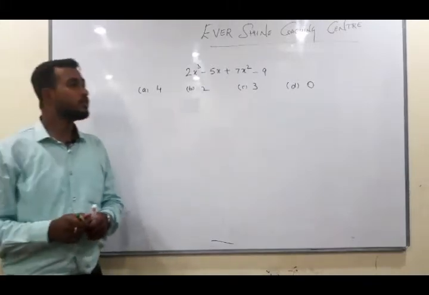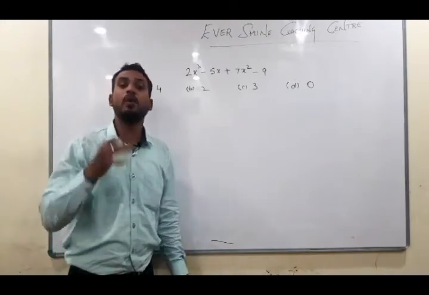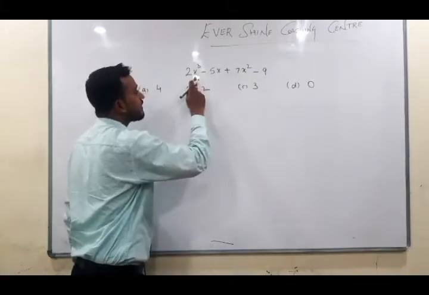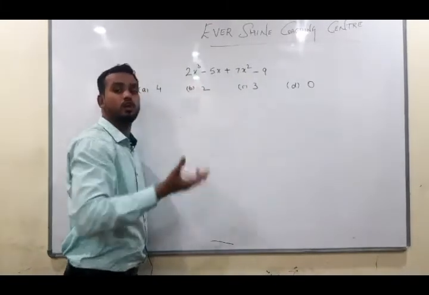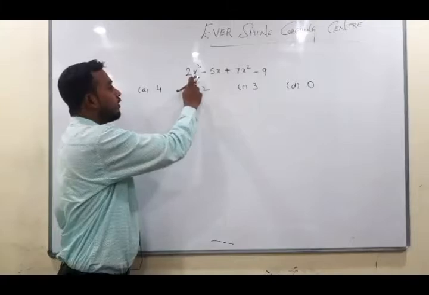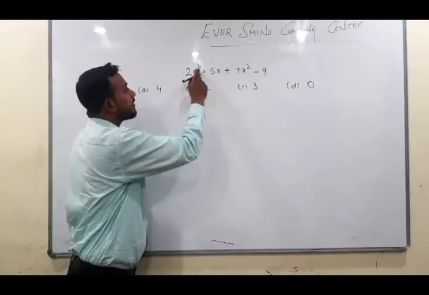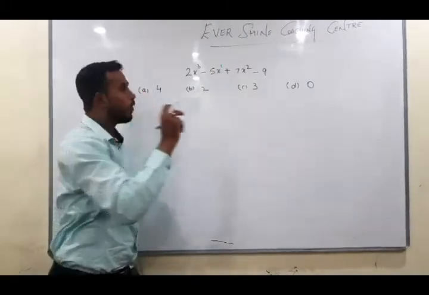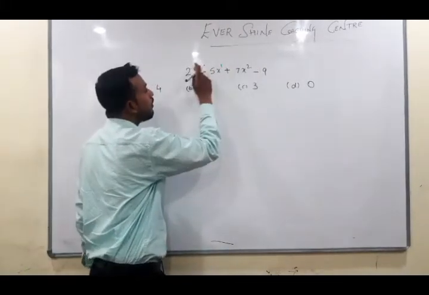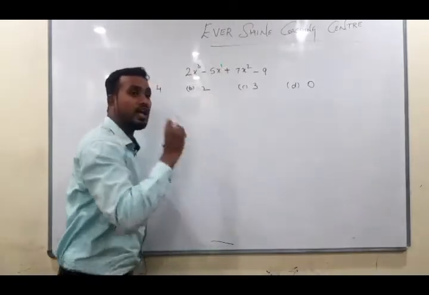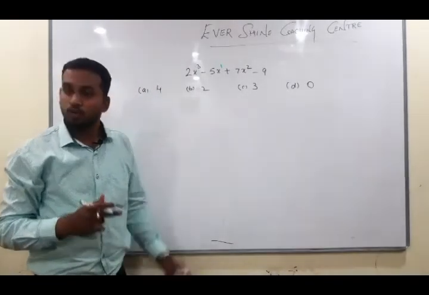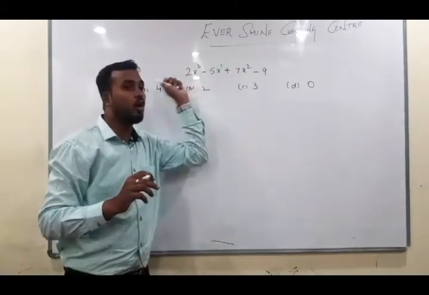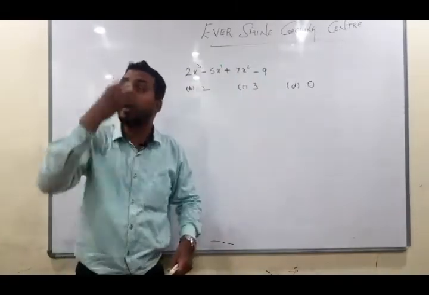Children, here you can see degree means power. So what is the variable here? X. X is the variable. Variable means unknown term. X value we don't know. What is the power of x? 3. What is the power of x? Nothing is there means we should assume 1 is there. What is the power of x? 2. Among these all the powers, which is the highest one? 3. So that is called a degree. Degree is nothing but among the given powers, the one having the highest level.